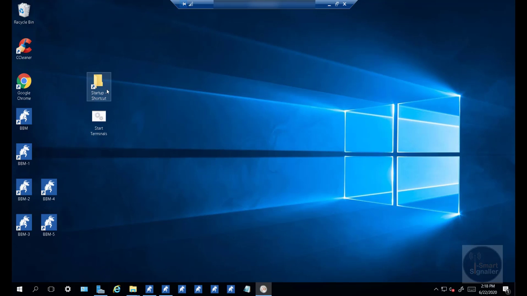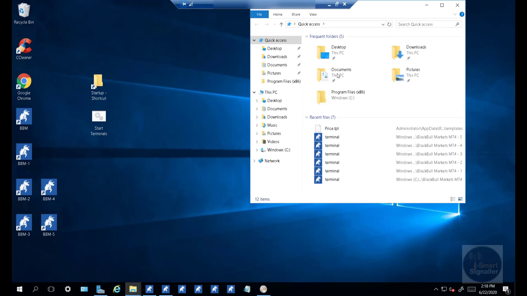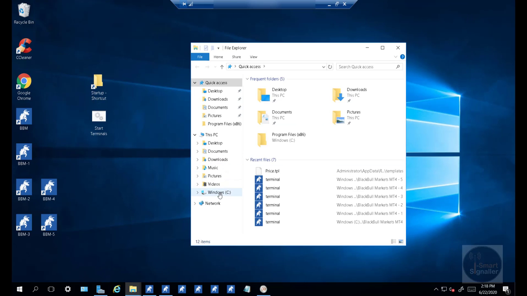Right, so look for your startup folder. This is a Windows 2016 server, so sometimes the startup folders are in, you've got to look for it. If it's a Windows 10, it might be in a different location, but the variance is not that much. Anyway, where the startup folder is for this server, if I'm not mistaken, it's in the